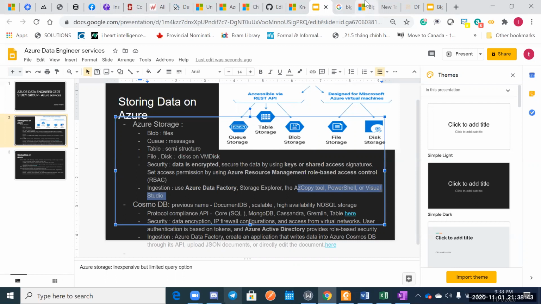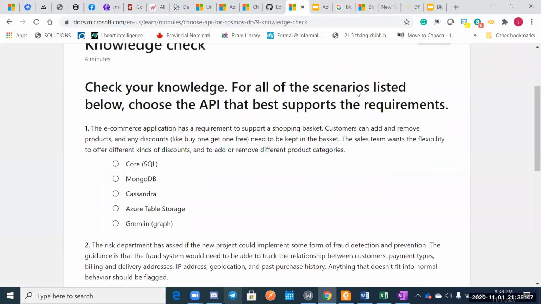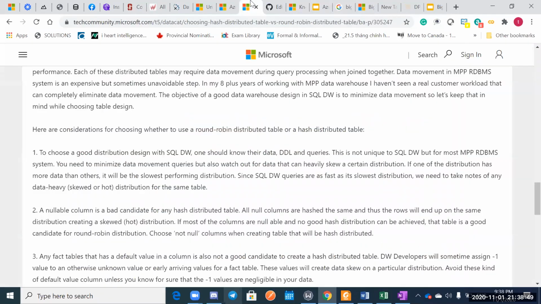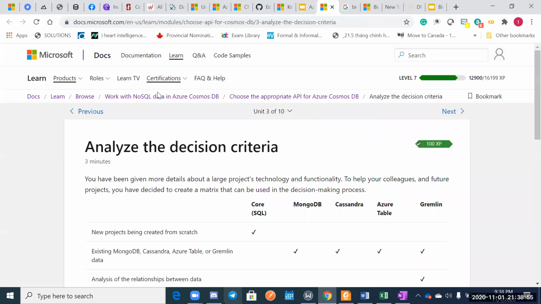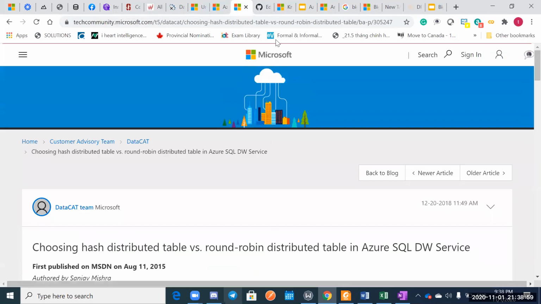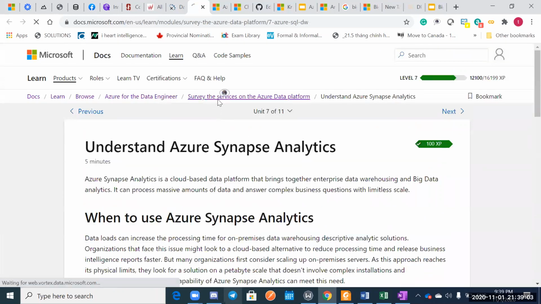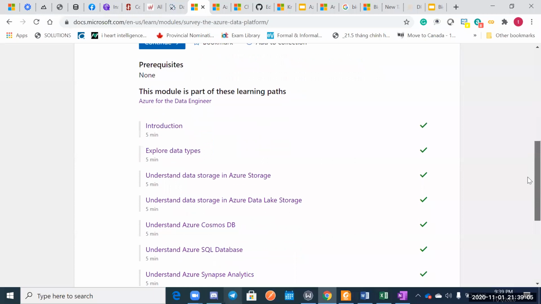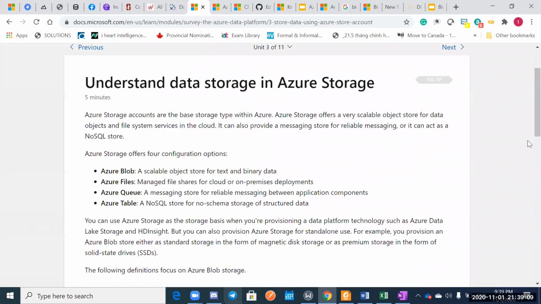So I'll go a little bit here, and you can see what the difference is between all of these tools. Sorry, give me a little bit. Okay. So